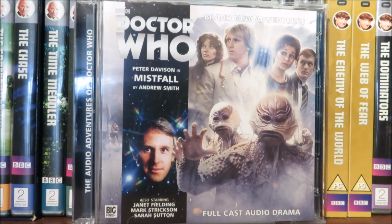But nonetheless, I think it is a great story, and I feel like some characters are definitely underused within this story, especially Nyssa and Turlo, and of course Tegan's a bit in your face. But I would recommend this story if you like Full Circle and you're a fan of the Fifth Doctor, but if you're not a fan of Tegan, then this may be one to miss. So my overall rating for this story will be 7.5 celeries out of 10. It's an okay story, and it leads into February's release nicely with a nice cliffhanger, leaving you wanting more from this